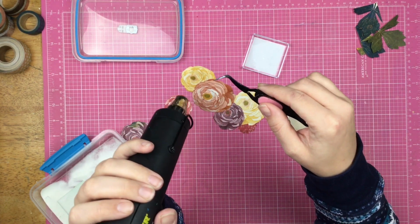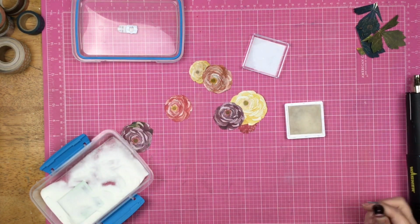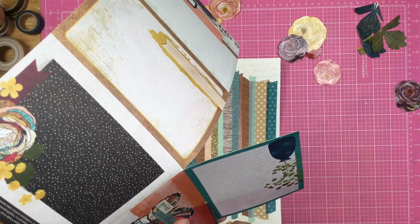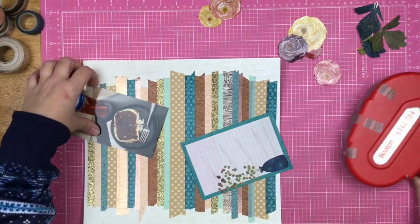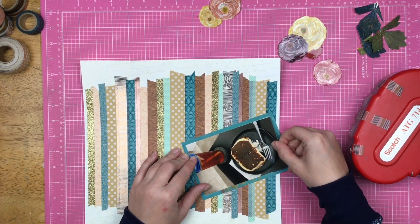Now I am going to do this with all of the florals. I decided not to do it with the leaves. I just figured the leaves really didn't need it. But don't worry, I'm not going to make you watch me heat emboss everything either, even though heat embossing is magical, you guys. So my photo was a 4x6, and I trimmed it down to a 3 3/4 by 5